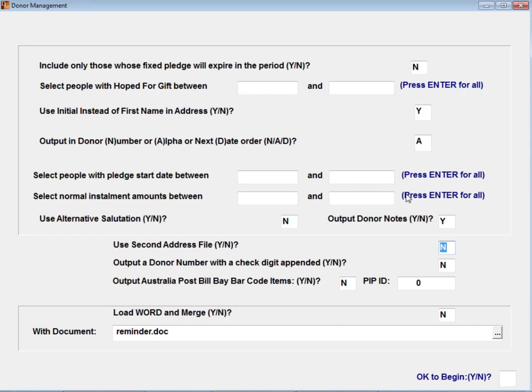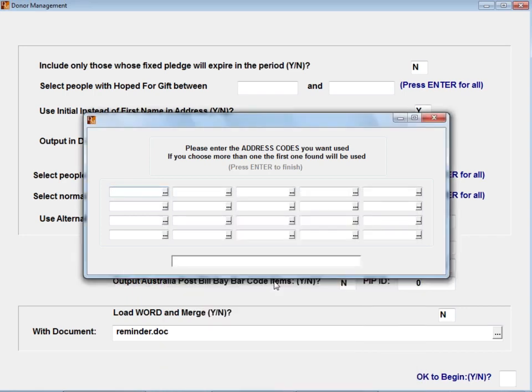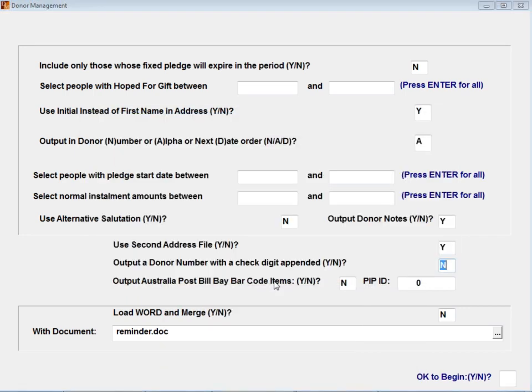Okay. If I'm using a second address, because I might have people that have a main record where I've got Mr. and Mrs. Smith, but on the membership, maybe only one person pays membership, so I might then have a second address which has just got the member details on. If I was doing that, then certainly at this point I'd say, yes, I do want to use a second address. And then from there I could choose the address that I wanted to pull out. So as I was saying, if I had a membership one in here, then I'd certainly say, yes, that's the one I want to choose for doing this particular mailing. So for mine, I'm saying, no, it doesn't really matter. Whatever's on the donor's main screen is the one that I want to do.